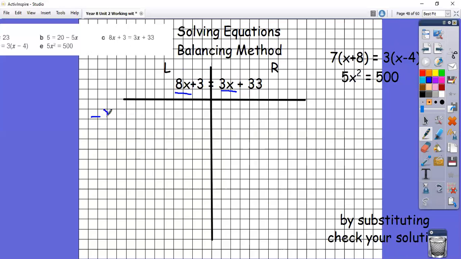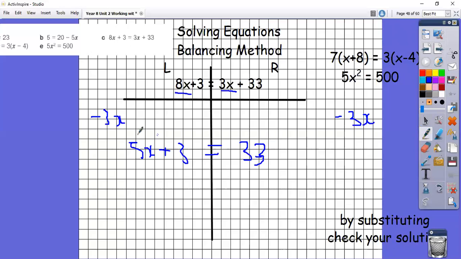So I'm going to subtract 3x from both sides. So 8x subtract 3x is 5x plus 3. Then on the right hand side, this 3x is gone because I've subtracted it, I'm just left with